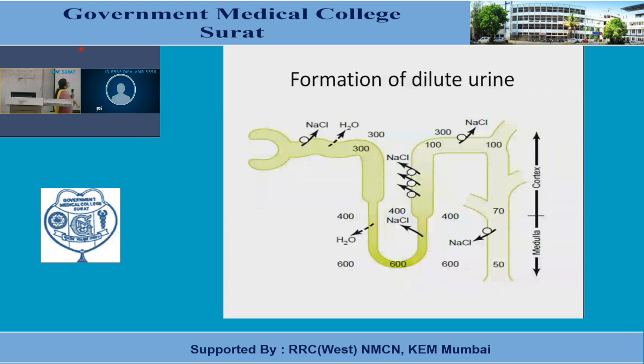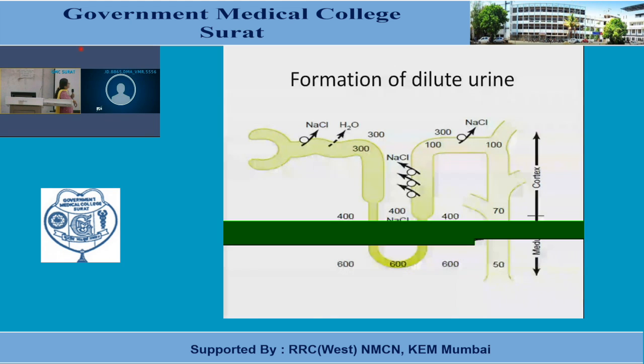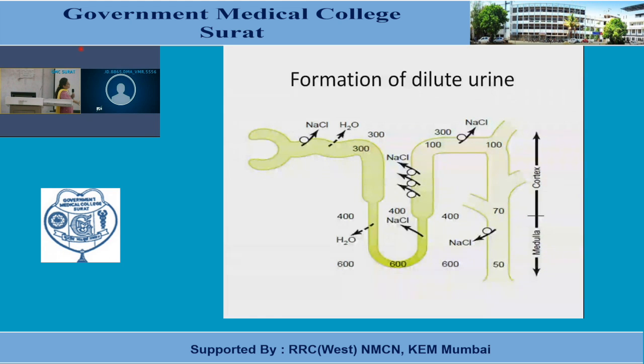Again, the NaCl will come out of the cortical collecting duct, and as we move further, from the cortex to the medulla, there is no ADH here. So ADH is not here. So in those conditions, more of the dilute urine will be formed. You see the osmolality, it is 100, then it becomes 70. And as we go to the medullary collecting duct and ultimately the final phases of urine formation, it will still become 50. So very, very dilute urine will be produced.